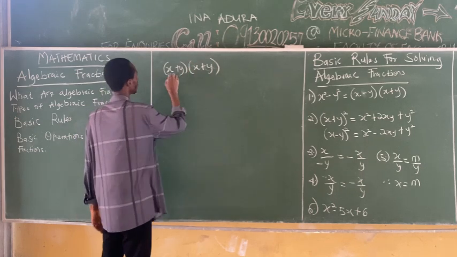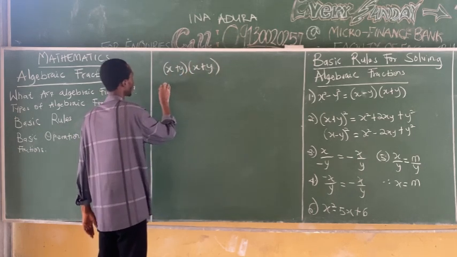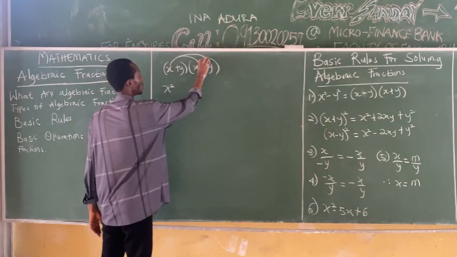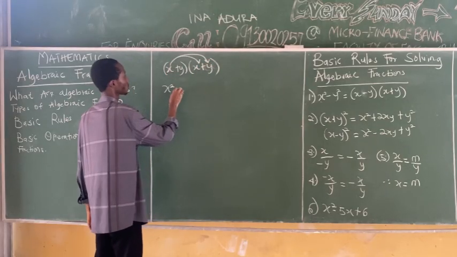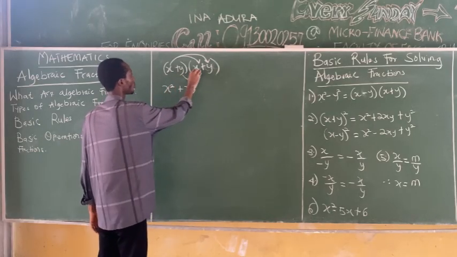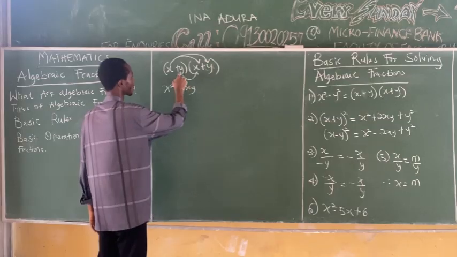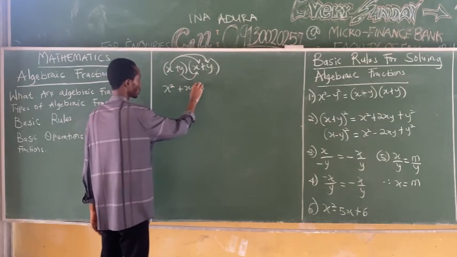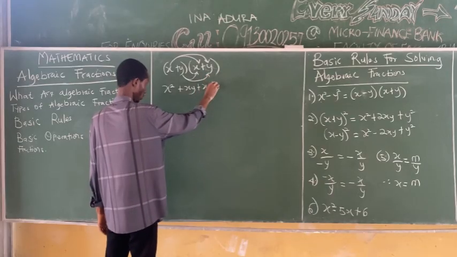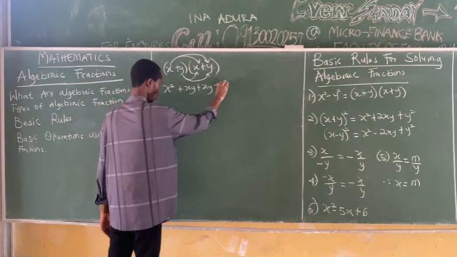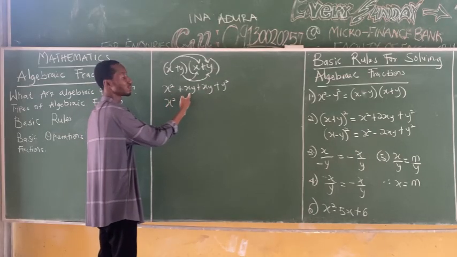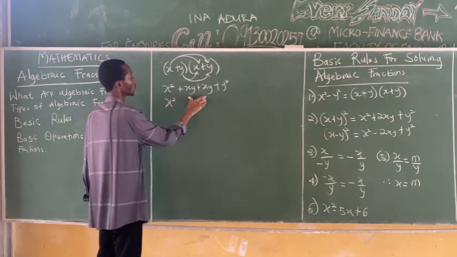When x multiplies x, you have x squared. When x multiplies the other term, you have what? Plus xy. When y multiplies the first term, which is x, y times x will give us plus xy, and y times y will give us plus y squared. Now this is the same thing as x squared. You have xy plus xy. When you add them together, you have